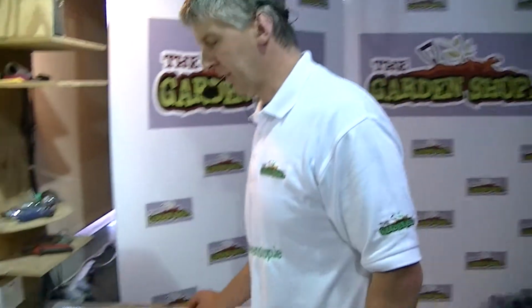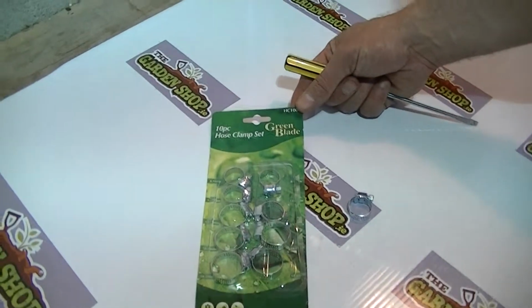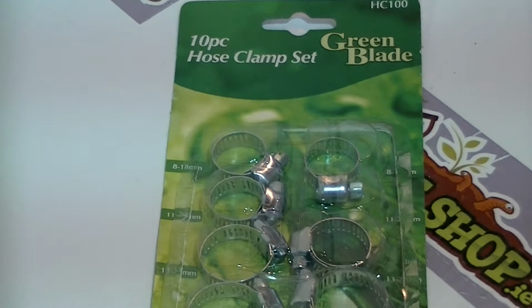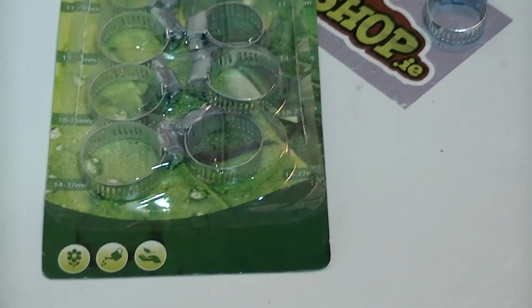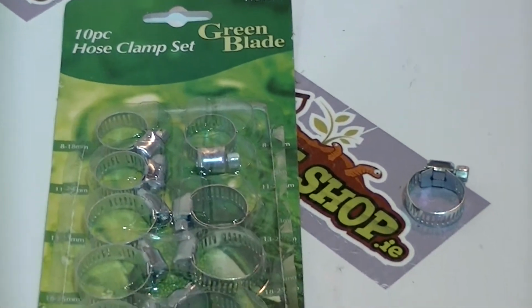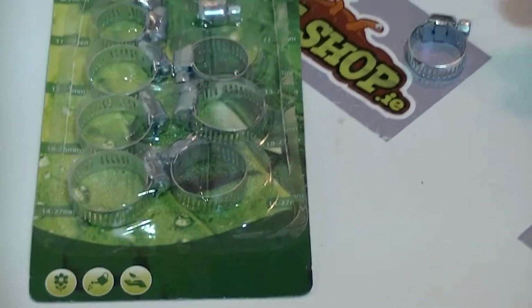I have in front of me here a 10-piece set of hose clamps available on the gardenshop.ie. So I think people will generally be familiar with these type of clamps. It's the more traditional way of connecting a hose onto a connector. Now, normally people at this stage are using the hose lock type snap-on connections, but there is